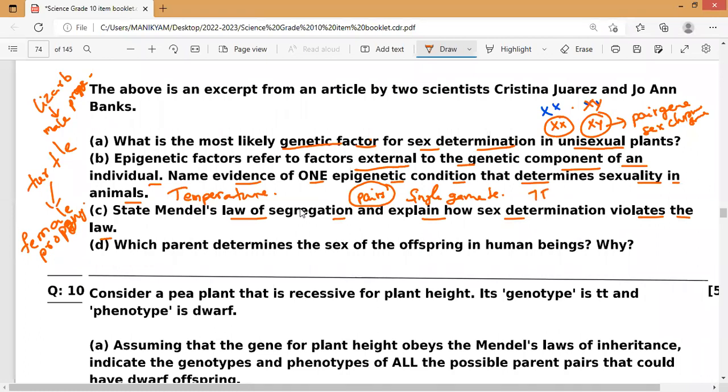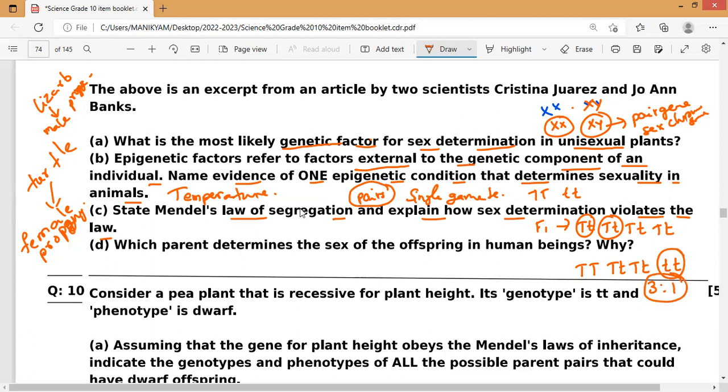If you have noticed, in monohybrid inheritance, we take one tall plant in parental crossing and one dwarf plant. If you cross them, in the F1 generation we will get all what plants, guys? All the tall plants only. So what is the genotype of those plants? Capital T, small t. Now if you cross these two plants, what will happen, guys? We are going to get three tall plants with TT, Tt, Tt, and one small t, small t. Am I right? Please respond. So that is the ratio 3:1.